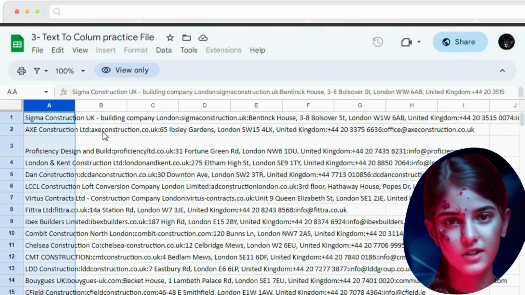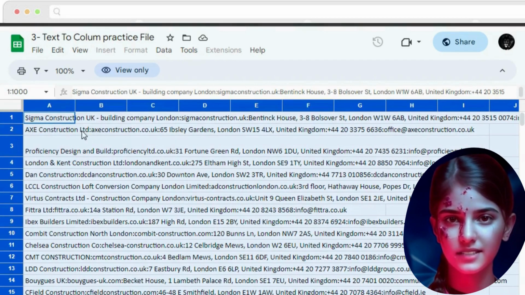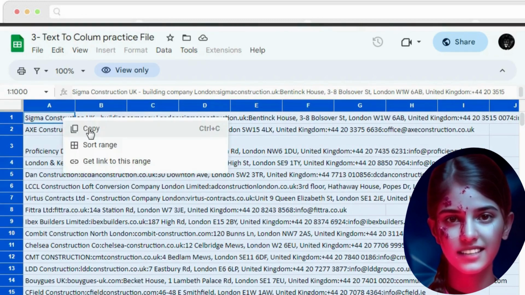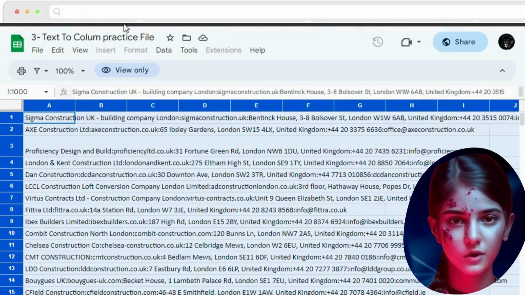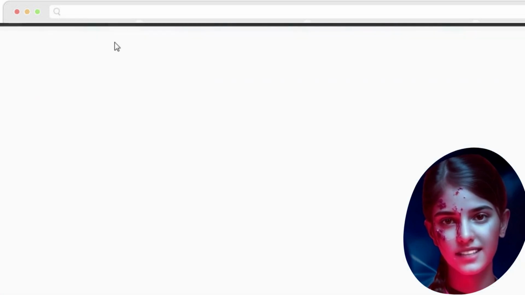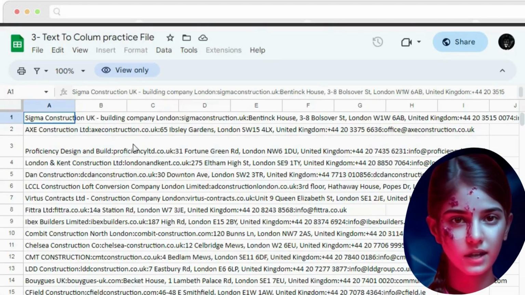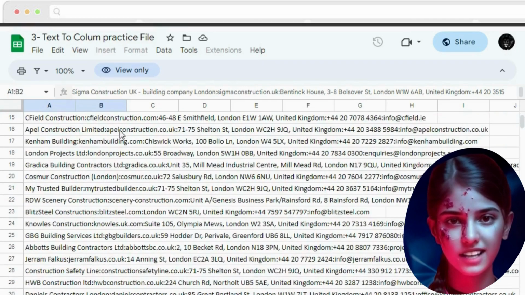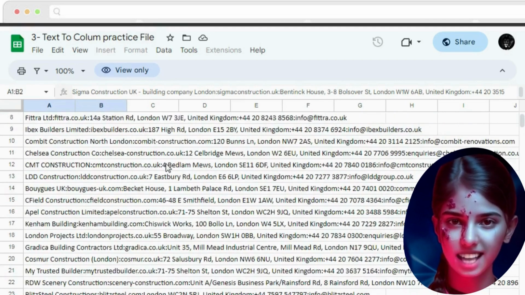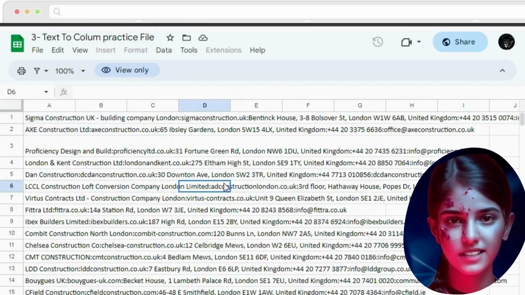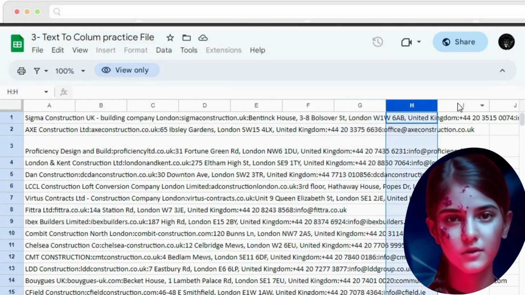Dealing with large and disorganized datasets can be a daunting task, but with the right tools and techniques, we can turn chaos into order. ChatGPT can assist us in this process by providing insights and suggestions for organizing and cleaning up our data. By using its natural language processing capabilities, ChatGPT can understand our queries and provide us with relevant